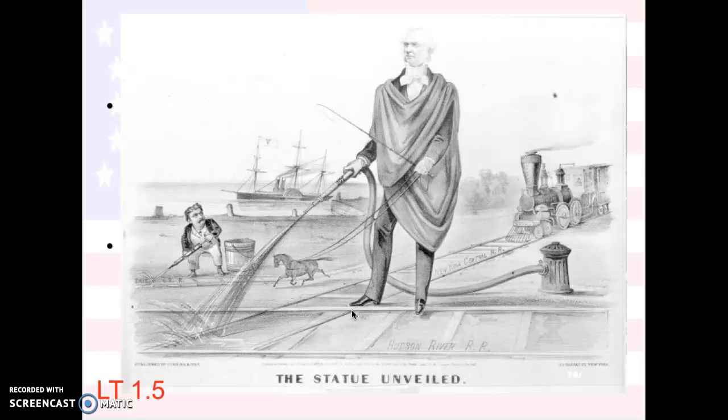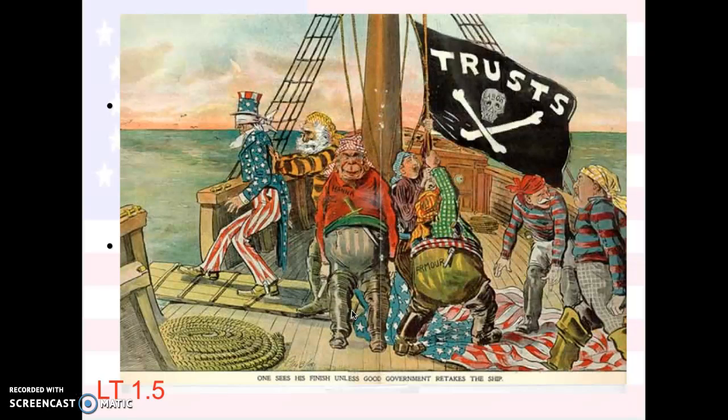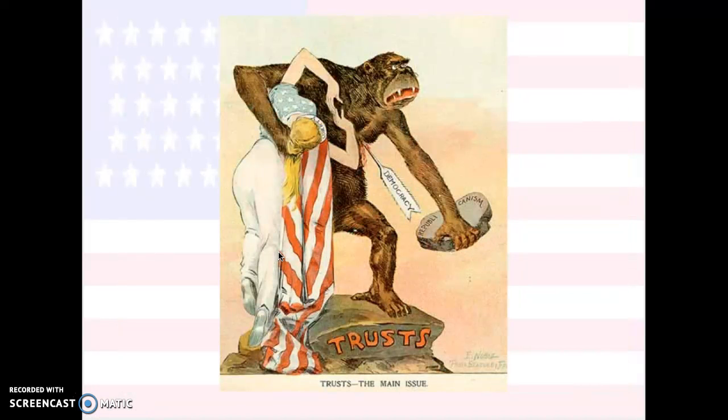So these are just some political cartoons, and things to keep in mind about a political cartoon is they're going to exaggerate things that are going on to try to make a point. And so if we look at these, and we're going to discuss these more in class, you can see that the trusts here are representative. They're pirates, and they're pushing Uncle Sam out the door, which is saying that the trust is not the American way. So then we'll talk about, this is the trust is the angry gorilla here, and he's got Lady Liberty.